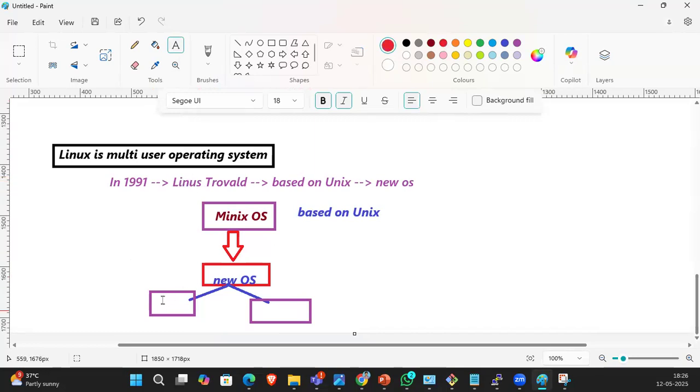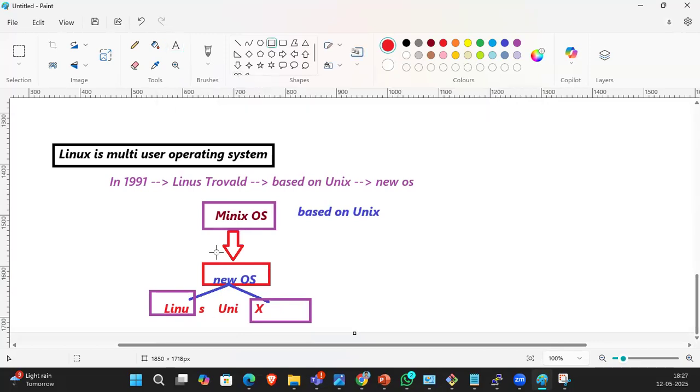Linus. He took the first letters from his name, Lin, and he took the last letter from Unix. So then he created Linux. Guys, understood? You now understood how Linux came into the picture?